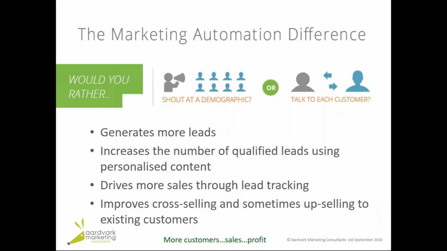And that information drives more sales. So you can identify when a lead is sales ready by what they're looking at and the frequency of what they're looking at, and you can follow up as quickly as possible. So you can feed this information through to a sales team, and the sales team can convert that sale usually quicker than if they haven't engaged with this process. Certainly improves cross-selling, and depending on your sales process you might be able to upsell. If you take on people on a basic product and you want to upsell them something a bit more valuable, it's good for that.